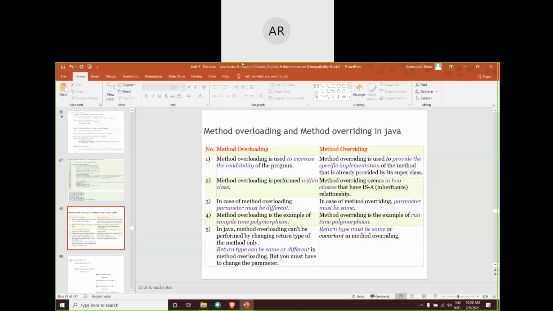I hope I have clearly revised all those concepts back again for you. If there is any doubt, please raise it. I will be waiting for 2 more minutes, because I said that by 11 o'clock we will try to see the execution. It is 10:56 now. If you have any doubt, please raise it. Otherwise, I will go for the execution part.